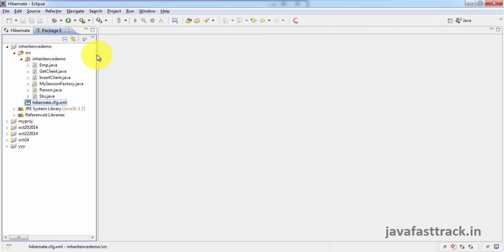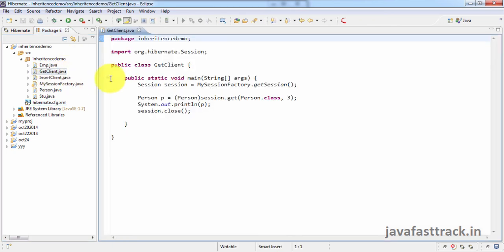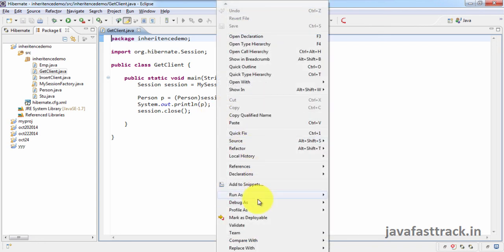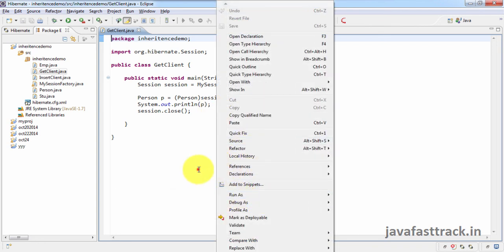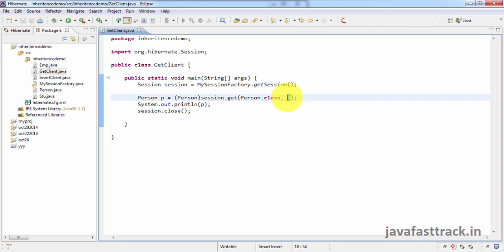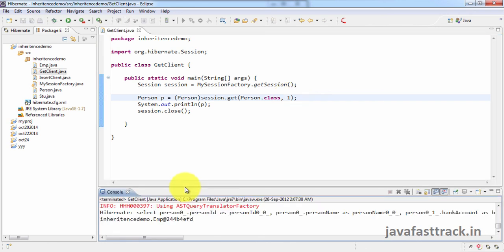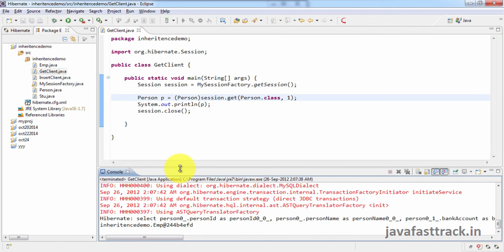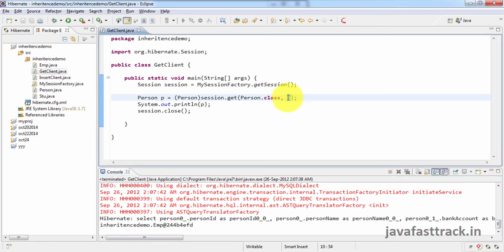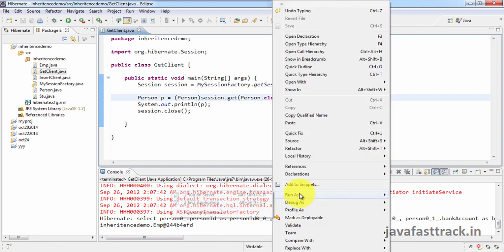Now we go and run the client program. As usual, you will get polymorphic behavior. Nothing big about it. When I look for person ID 1, I don't know what data I am going to get. I am getting an employee object. When I look for person ID 2, I don't know what data I am going to get.